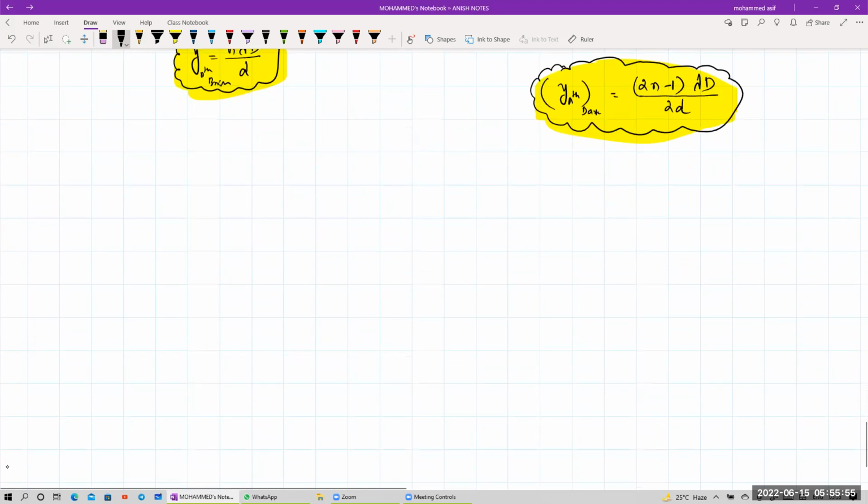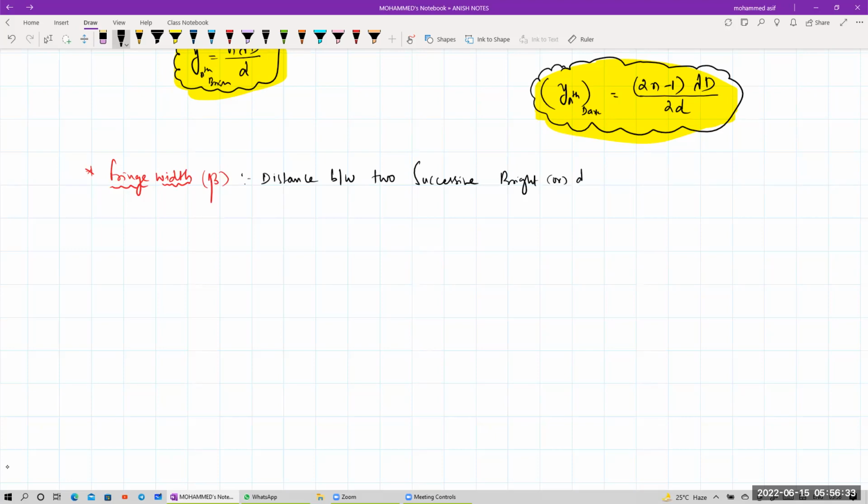ठीक है? The next one, and again one more important term, fringe width क्या होता है? फ्रिंज विड्थ कैसे रिप्रेजेंट करते हैं बेटा, बीटा से, इस तरह से। Fringe width is nothing but the distance between two consecutive or two successive bright or dark fringes. जैसे मान के चलो बीटा इज इक्वल्स टू कैपिटल डी इंटू लैम्बडा डिवाइडेड बाय स्मॉल डी।